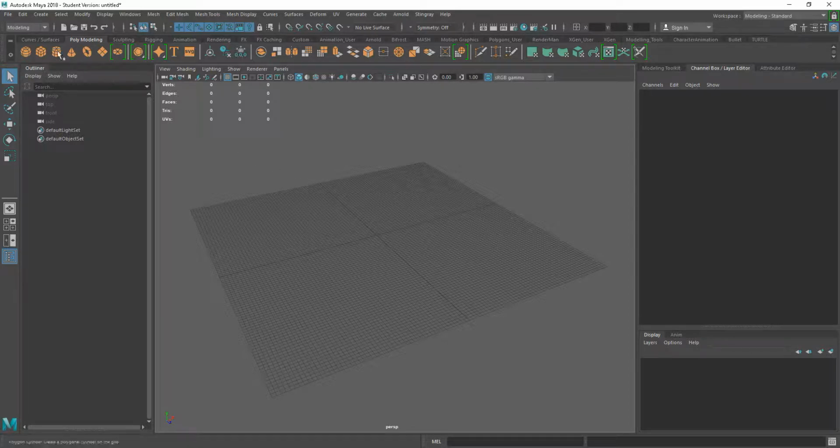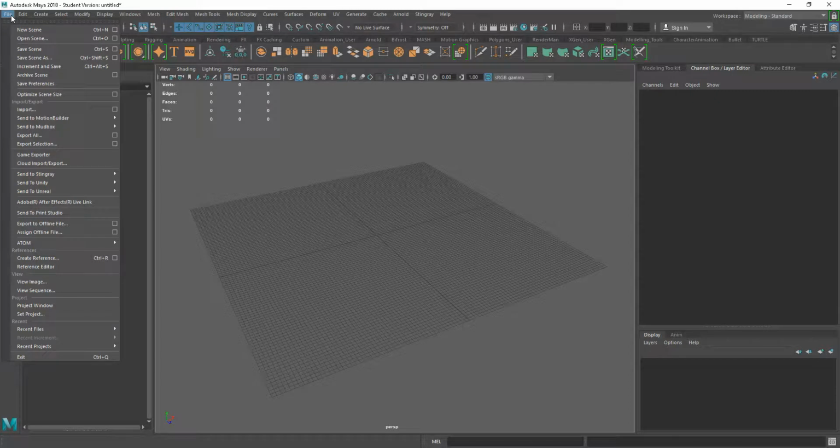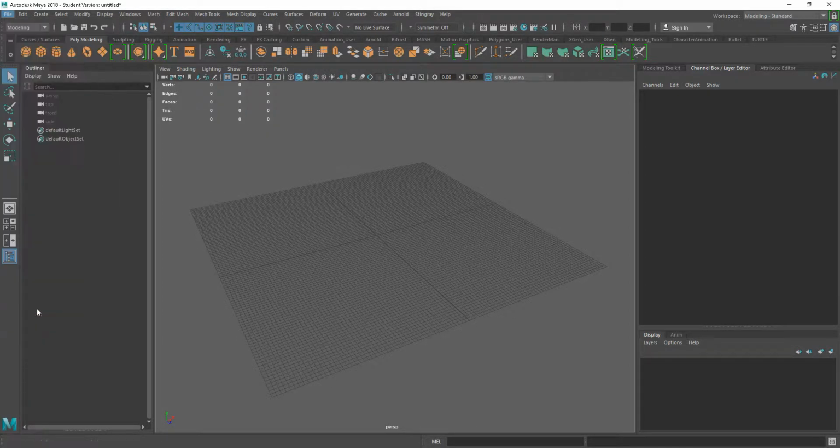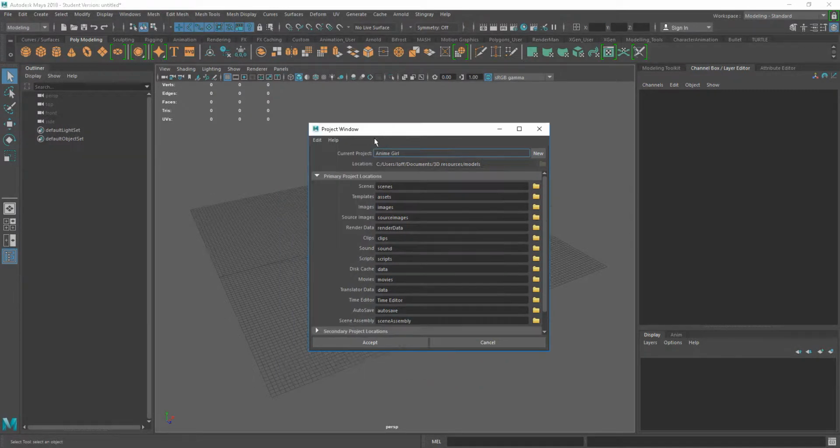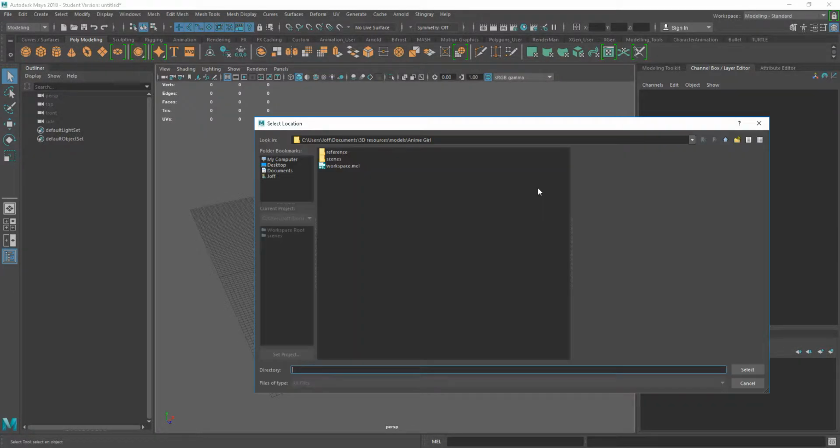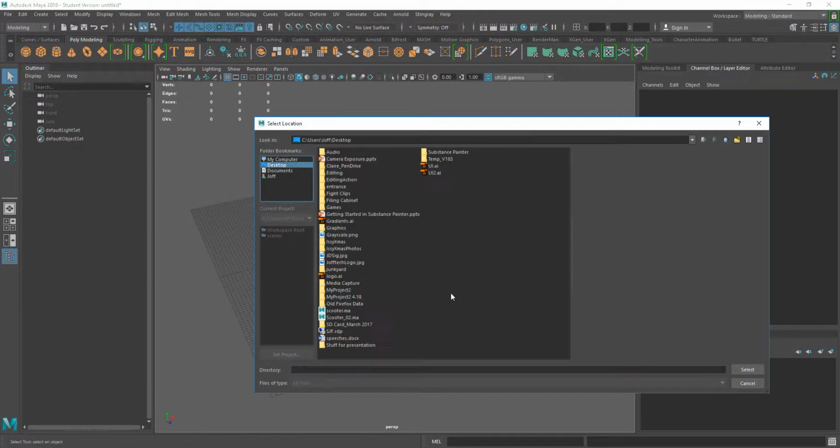So, if you just go to File, and under this section here, under the project, we have the project window and set project. So if we're doing something from scratch, we can just go into the project window, and from here we can actually set a new project. So we can give this a name. So I'm just going to call this test project. We can set a location, so just in this instance I'm just going to set this to be the desktop,